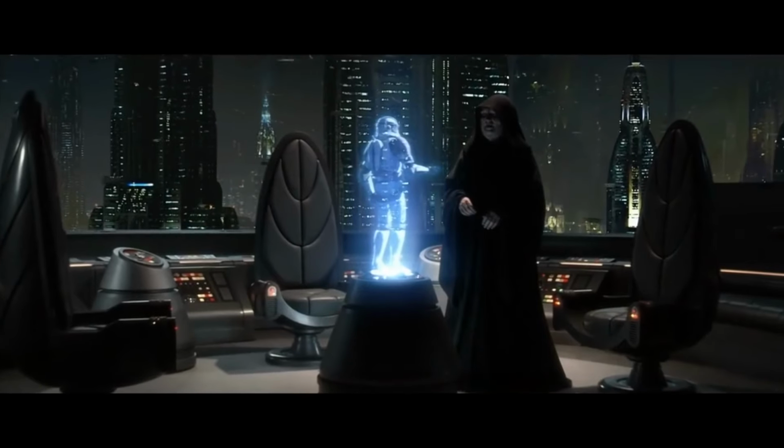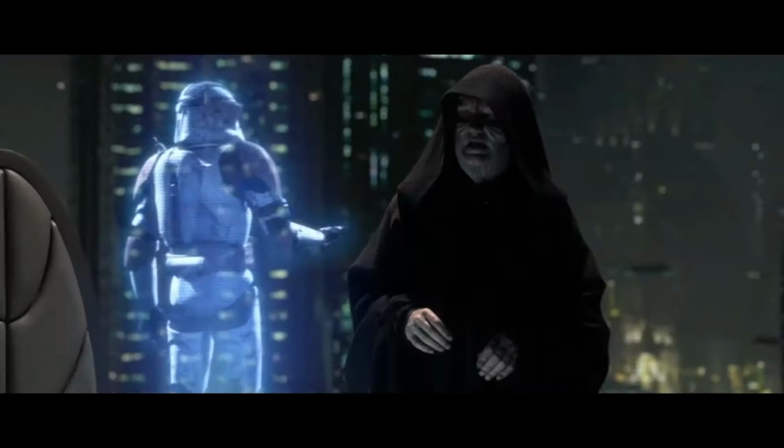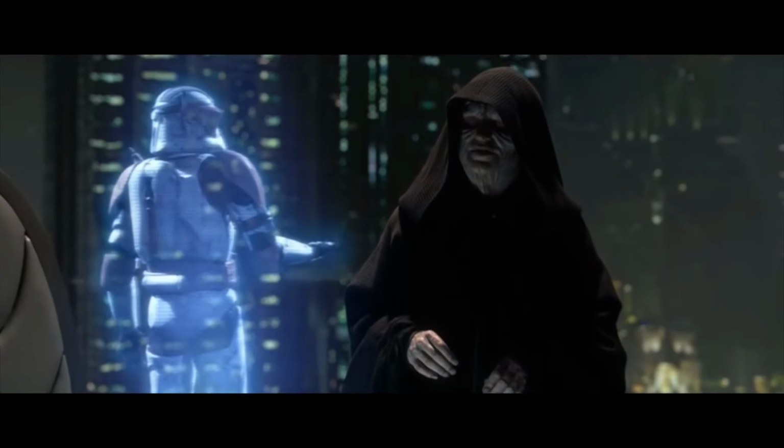So as we get close to the end of the war, it's time to discuss one of the most unique elements of this period of time in the Clone Wars, and that's Order 66. So I figured today we'd go over some of the basics of the Republic's contingency orders and what they really